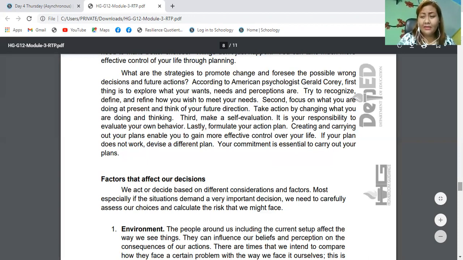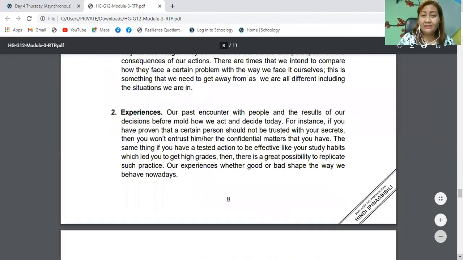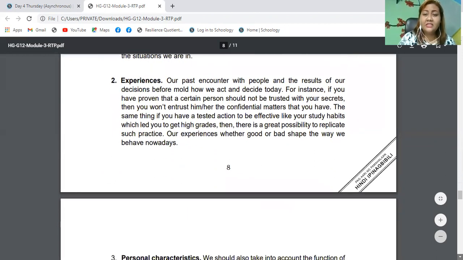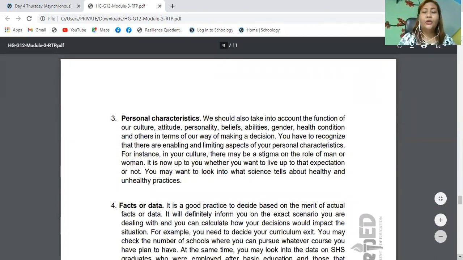Although marami naman talagang factors affecting our decisions like the environment, sa ibang mga tao, family mo, kaibigan mo, experiences, kasi yun yung dati mong naramdaman, kaya ganito ka na magdesisyon. Kasi dati, nasaktan ka. De, joke lang. So, mga ganun. Personal characteristics, syempre, of course, our culture, attitude, and personality, behaviors, gender, health condition,